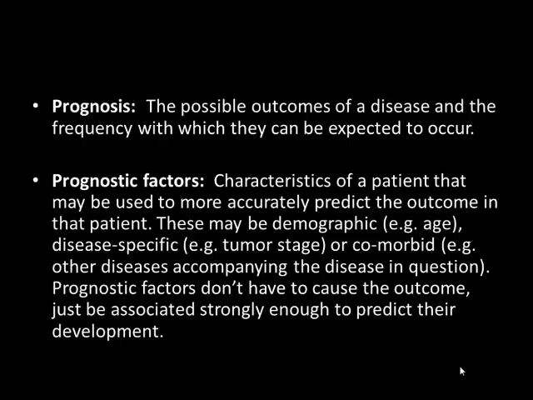Some other important definitions is prognosis. So what is prognosis? It is the possible outcome of a disease and the frequency with which they can be expected to occur. While a prognostic factor are characteristics of a patient that may be used to more accurately predict the outcome in that patient. That includes demographic characteristics, age, sex, disease-specific characteristics like tumor stage, comorbidities, and